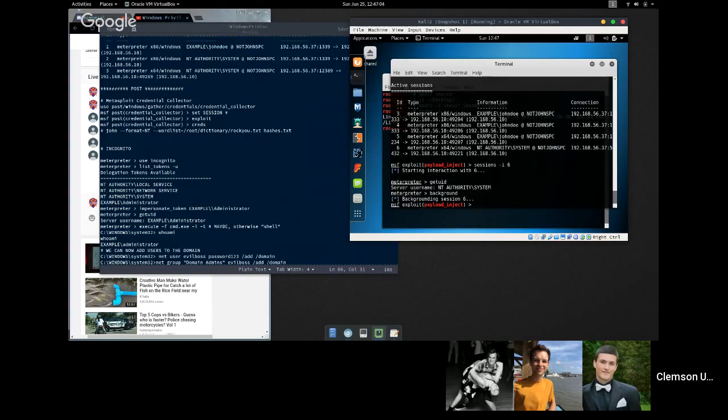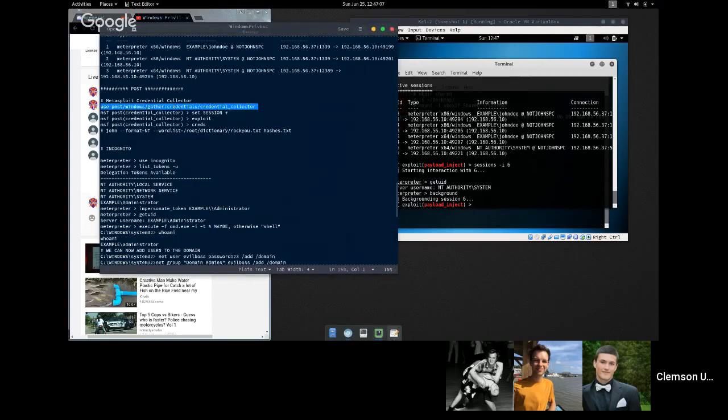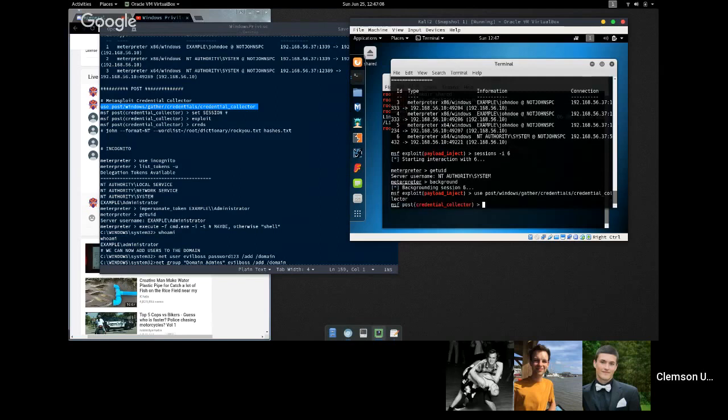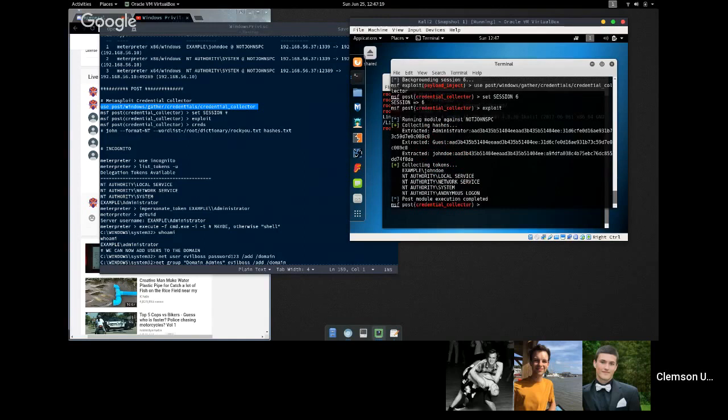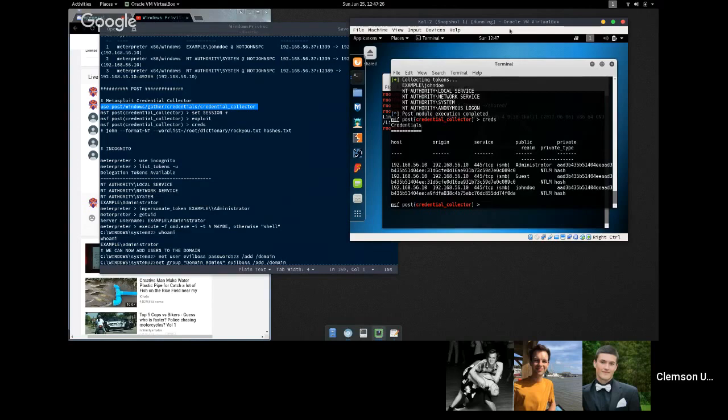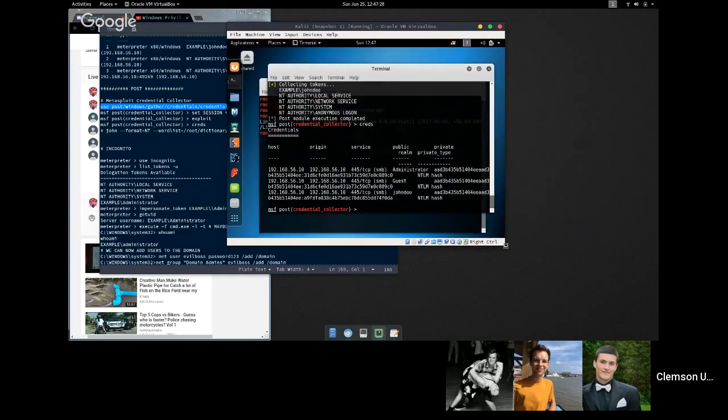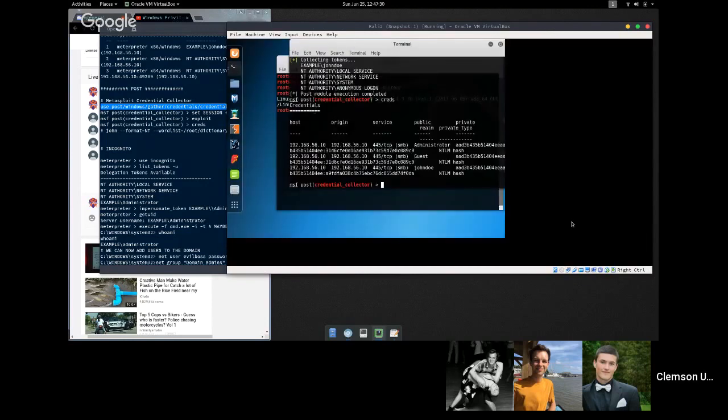Let's get some credentials going. So we're going to use the Metasploit credential collector. So we're going to set our session 6. And now we're going to exploit, and hopefully it gives us some stuff. Aha, look at that. Now at any point we can just type creds and it'll dump the database. Metasploit stores all this in its database. So if we widen that up a little bit,